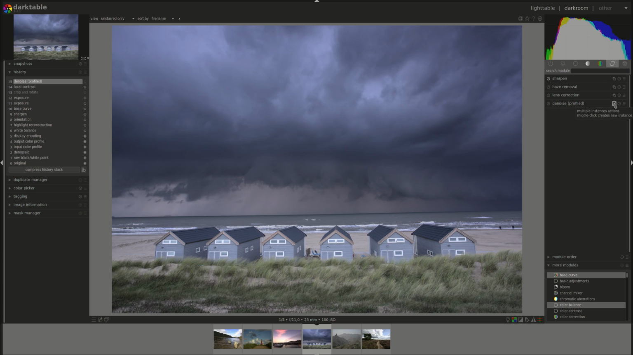This button allows you to create multiple instances of the same module. This is useful if you have a module that's versatile enough that it can act on different kinds of pixels. For instance, a module that you can either have act on the shadows or on the highlights. So you might want to create one instance for the shadows and another for the highlights, or one such as denoise here,